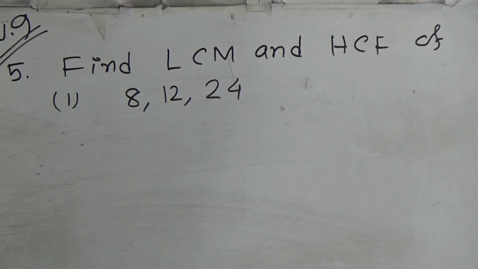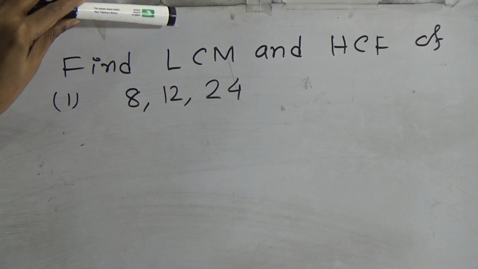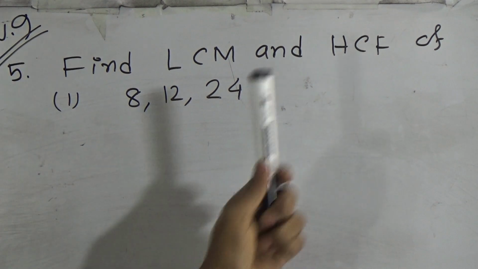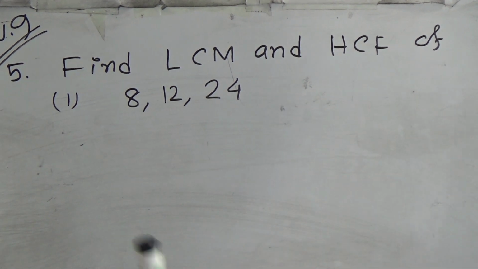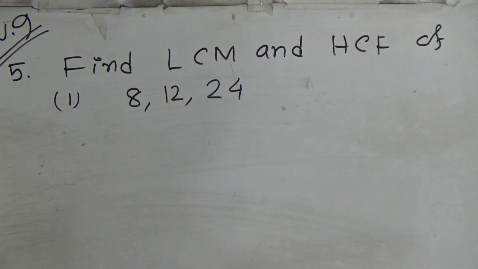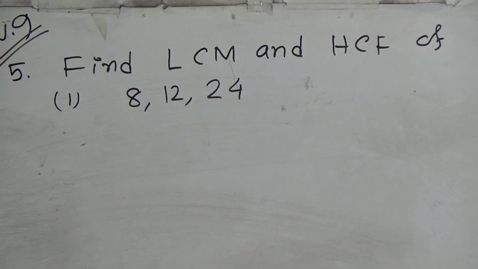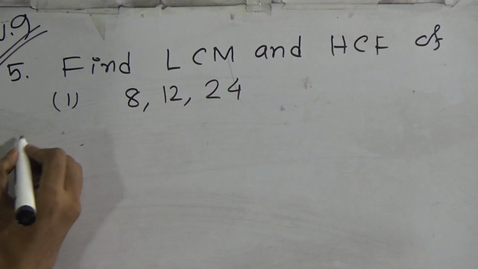Okay student, so I have solved like this way. Okay student, at first I will solve, then I will describe again. At first you have to know what you mean by LCM. LCM means what? Least common multiple. And HCF means what? Highest common factor. Okay student, look, at first you write determination of LCM right here.